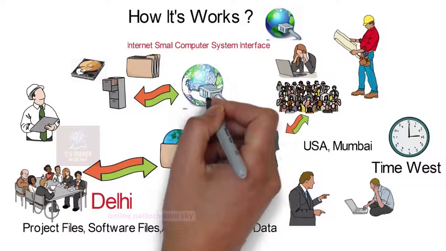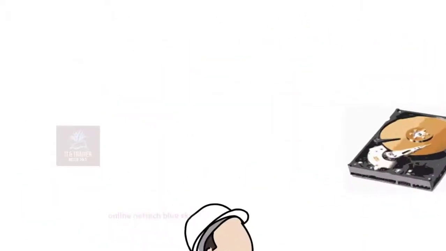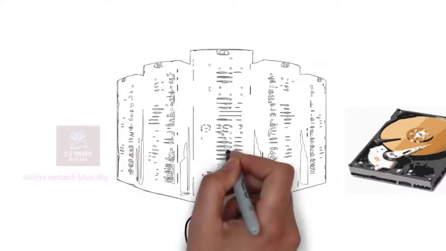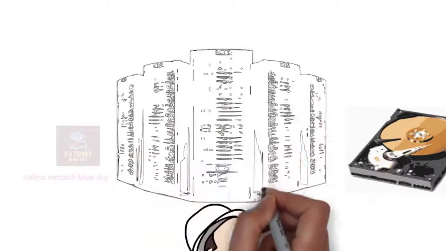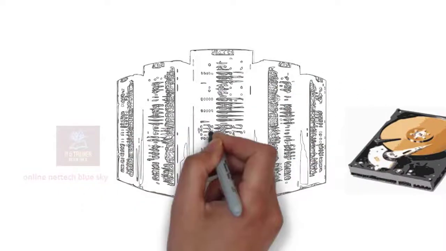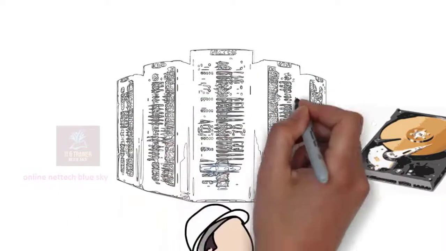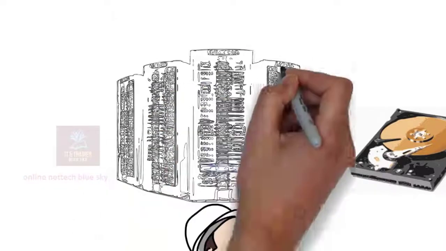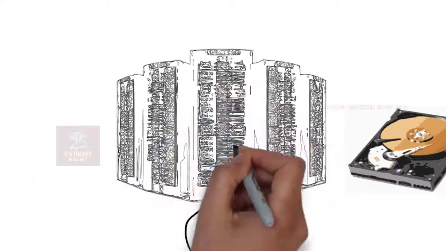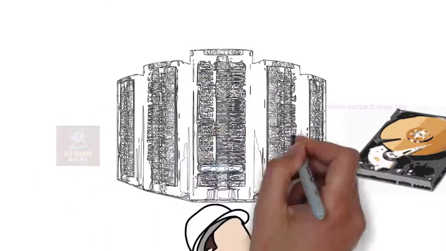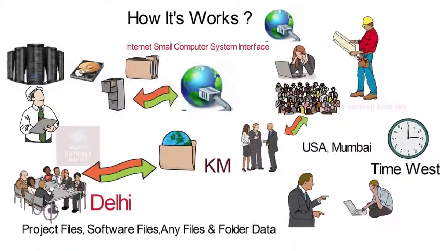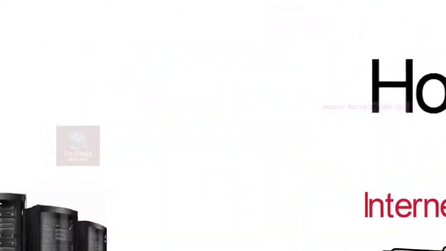So this system I have already configured, and I'm using it on my computer server. The computer server is always ready for iSCSI, the internet small computer system interface. So I can directly connect with my computer server and download. This is the main server computer. Many employees and many companies make a server and store all their data in the server system. A server is a main computer system here.